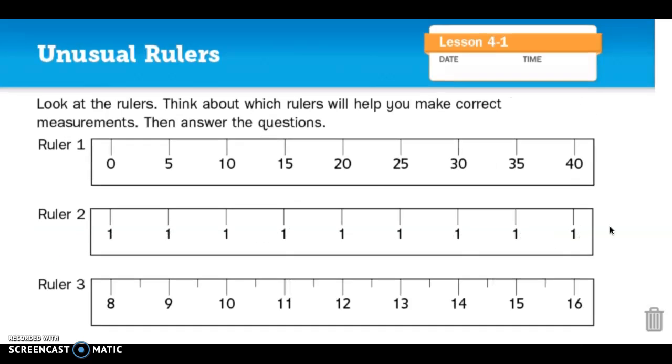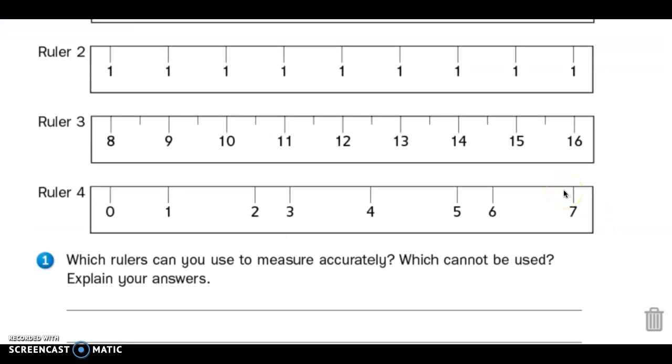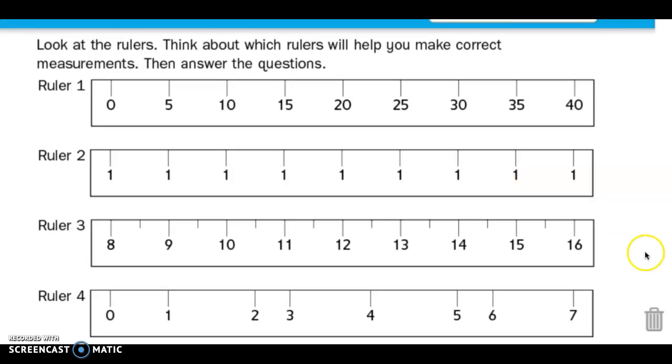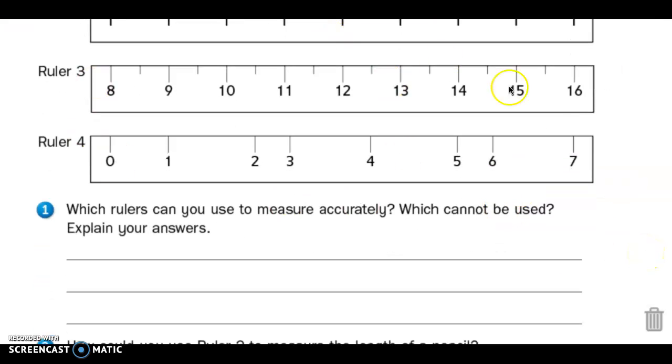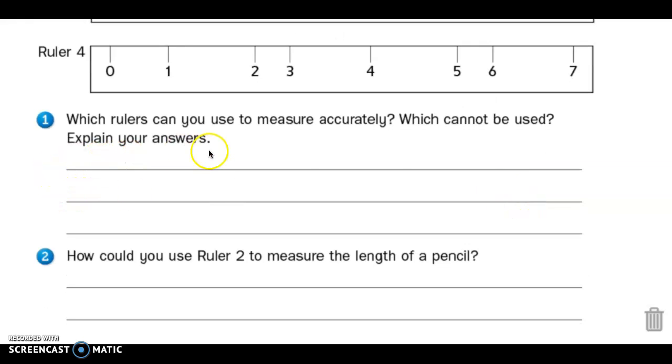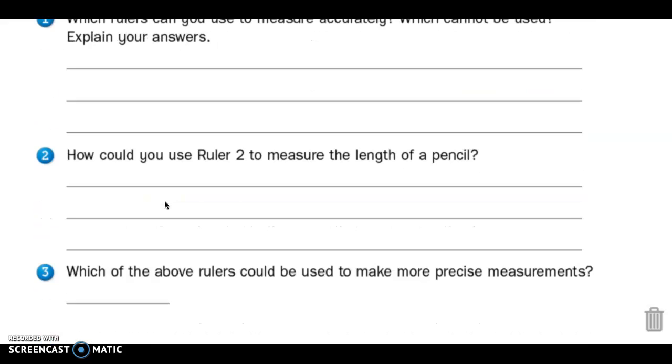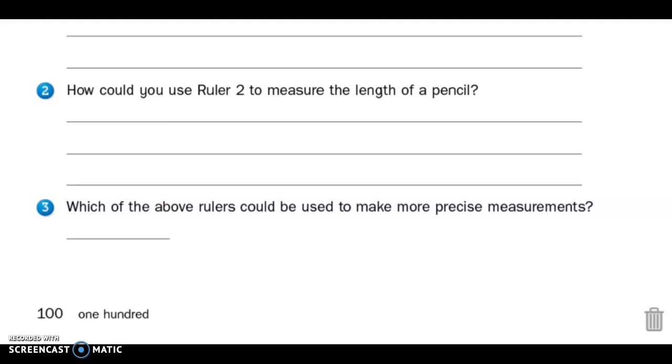So maybe I say ruler 1 can't be used because, and then you would explain it. This isn't me saying that number 1 you can't use. You have to figure that out and explain why. So 2 parts. Which ones can you measure accurately and which ones can't be used? Then explain. So the number 2, how could you use